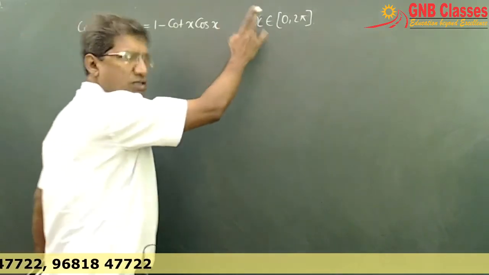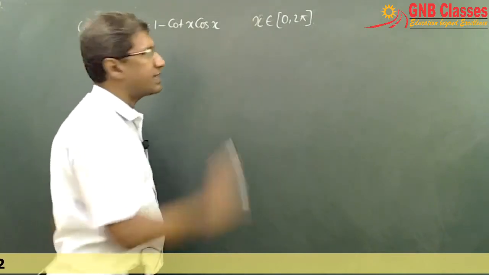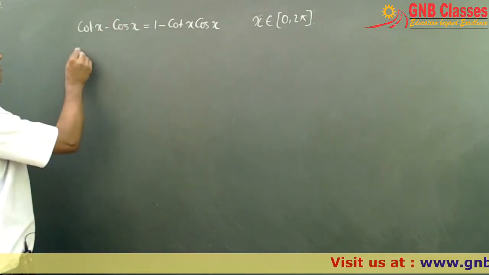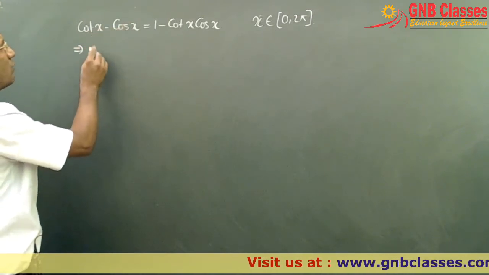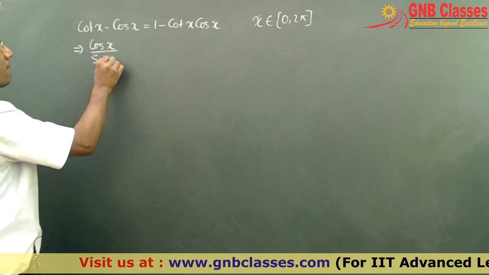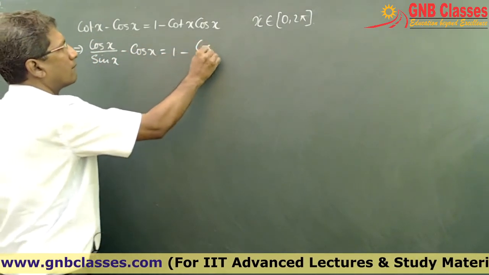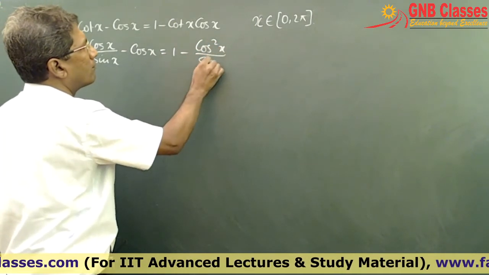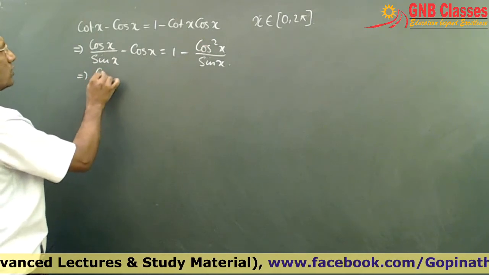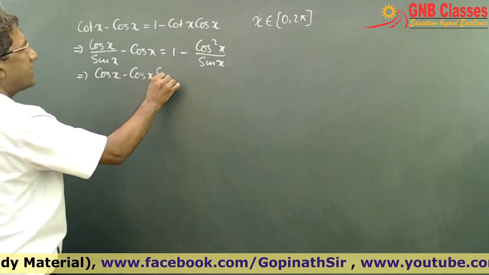Have you understood? There was a little printing mistake. Theta was given there, but it is not theta, it is x. It is understandable. Now, from the given equation, I am simplifying it. Just see. So we are getting what? After taking the LCM,